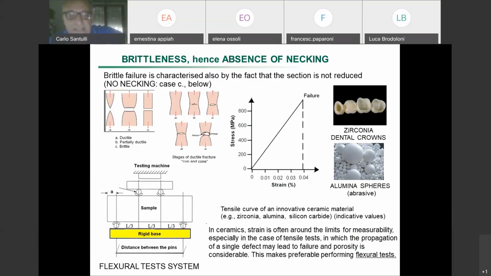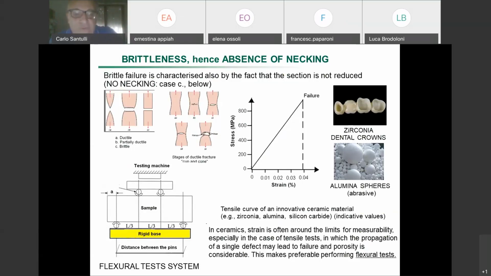The sample is sustained by 3 or 4 pins. You may have 1 pin in here and 2 at the bottom, at a larger distance, you can have 1 at the midpoint between these two, or, to make the load more even, you can have 2 pins at the top and 2 at